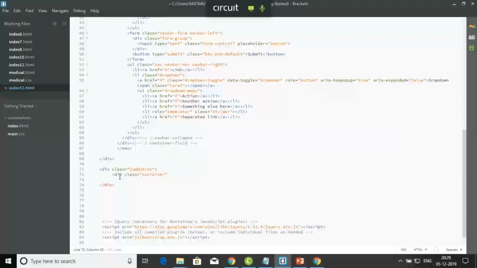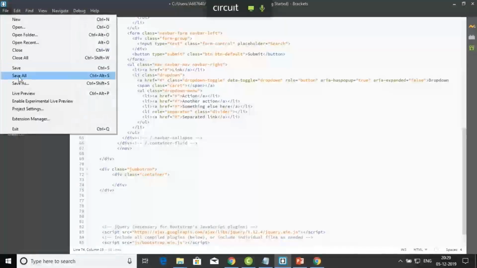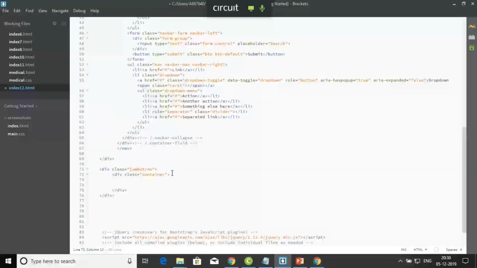Okay, and create a container class under this div. Okay, so file, save all. Now the thing is that what I want is a single row that should have everything, no column, only a row is there. So you can create a particular class,